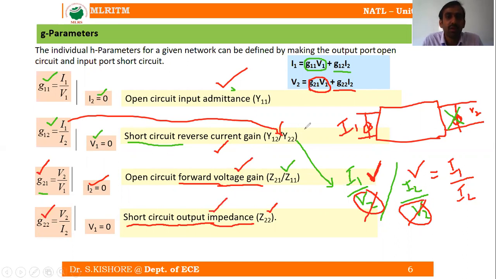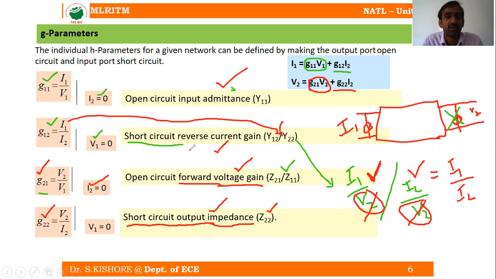We are having a combination of all the admittance, impedance, and the current gain, voltage gain. That means the current ratios, voltage ratios, everything we are having in these conductance parameters. So that is the reason why it also comes under the hybrid parameters, but it is also known as the inverse hybrid parameter, because H11, when we went through the H parameters, we got it as the input impedance parameter.